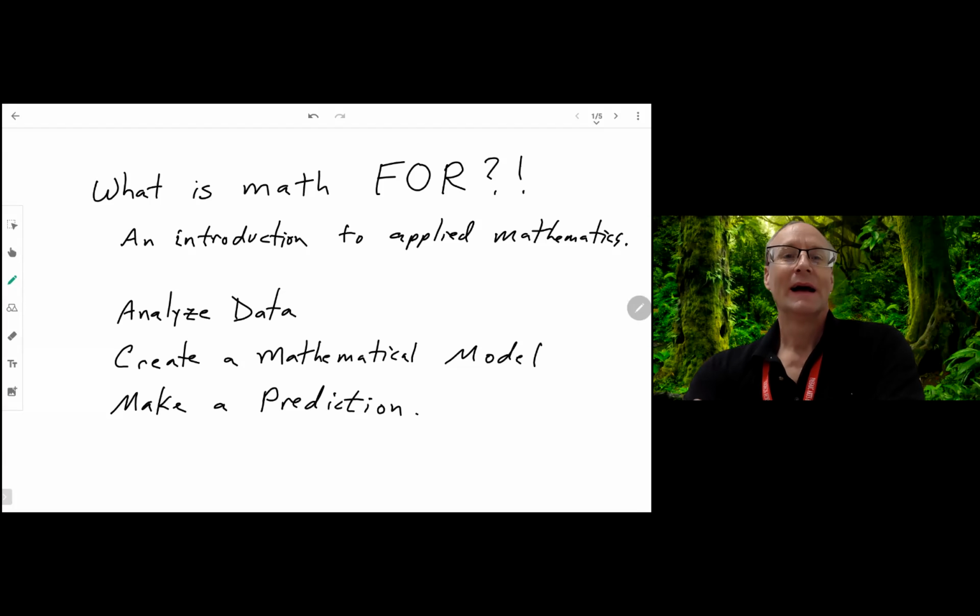Hi, everybody. A lot of people want to know what is math for? And I think what they really want to know is how we apply the mathematics that we're learning in school. Now, the bad news is that if you're learning algebra 1, geometry, algebra 2, pre-calculus, there's not a whole lot